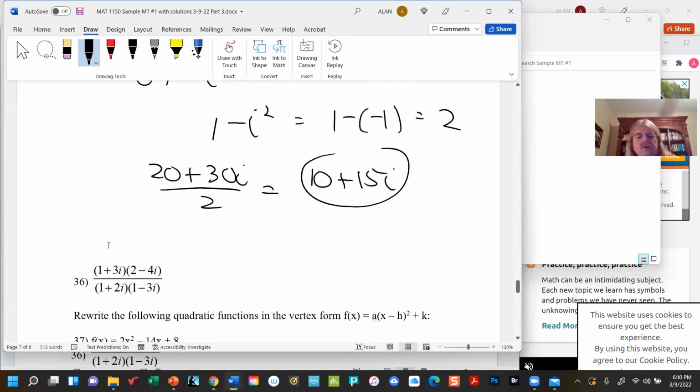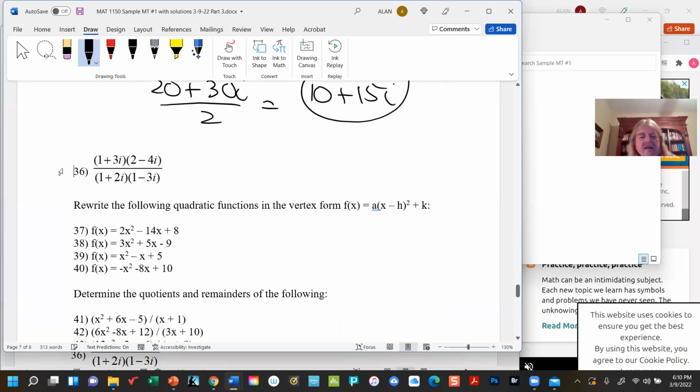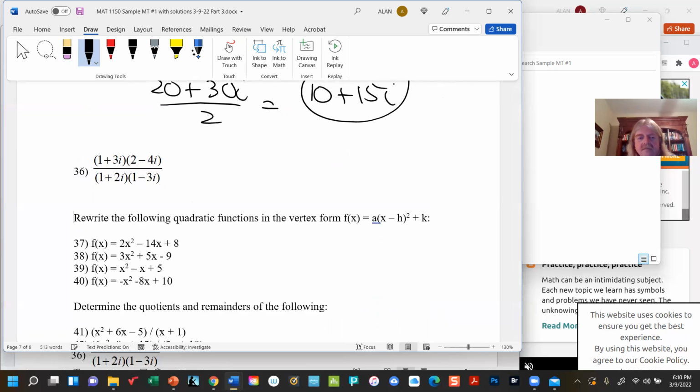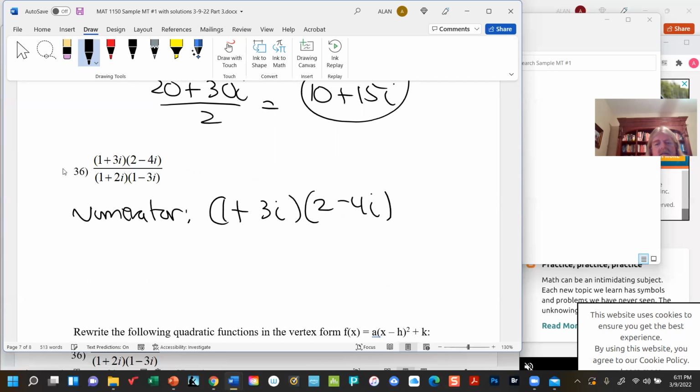Well, there's just one more, and then we're back to vertices. How do you like that? We've made a complete circle, 180 degrees. So we'll apply some FOIL to the numerator: 1 plus 3i, 2 minus 4i,